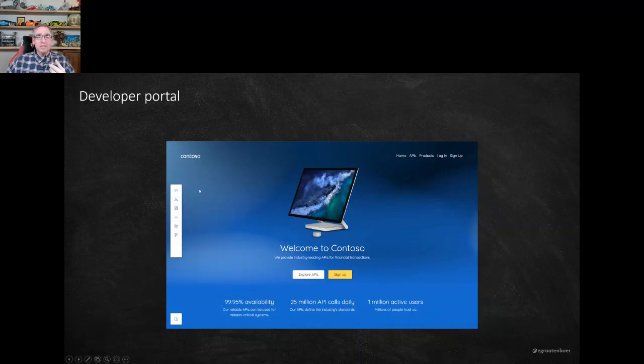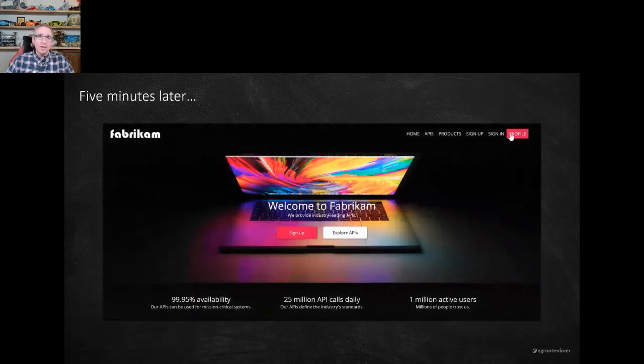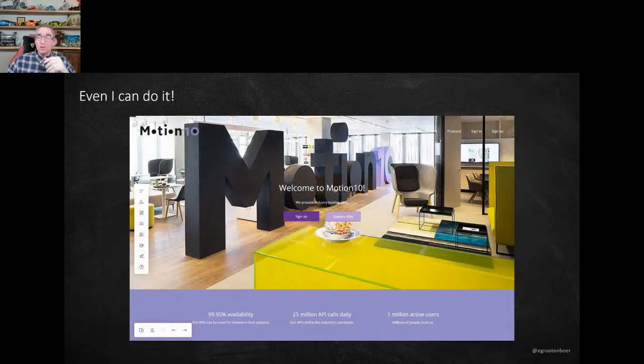And when you click on one of these, you can actually go to an environment that looks a bit like this. So as you can see, here you can just say, okay, I want to have some different fonts. I want to have different colors. And when I saw this first time on stage, someone from Microsoft was like, okay, yeah, so we can just go within 5 minutes, you can go to this. Now, I'm not a front-end person, so I was like, okay, if I would need to do this, I would probably be spending 3 weeks on this and still have nothing. So I started trying this out myself. And actually, it is quite easy. Like, it took me about 10 minutes to make something like this.